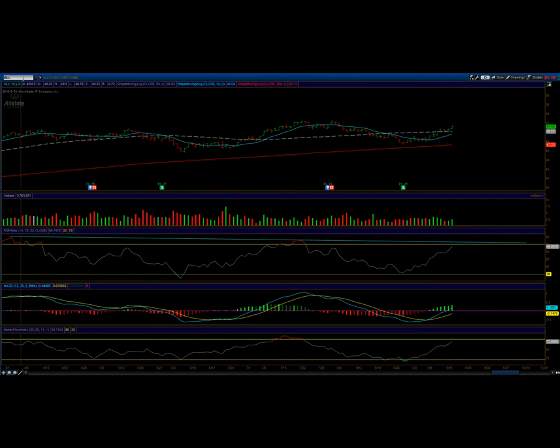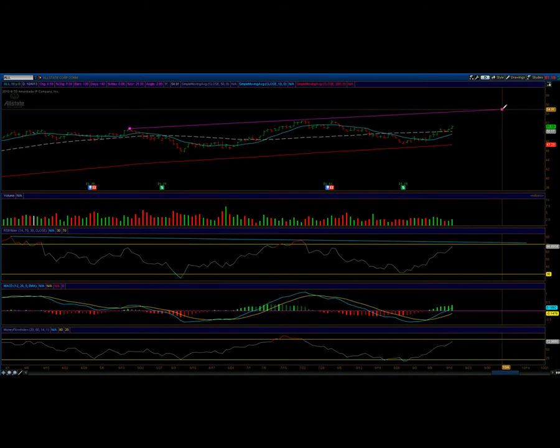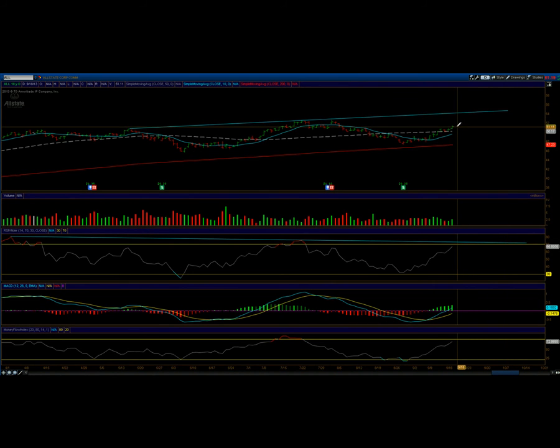Now if we want to take a look at the options chain, we first want to see where we think Allstate may end up going, right? And so you want to draw maybe a little ascending resistance line, right? So maybe 54 seems like a nice area of resistance. We're currently at 51 right now, so I may want to take a look at the September or October 50, let's just say 52, or even 50. Let's see what that